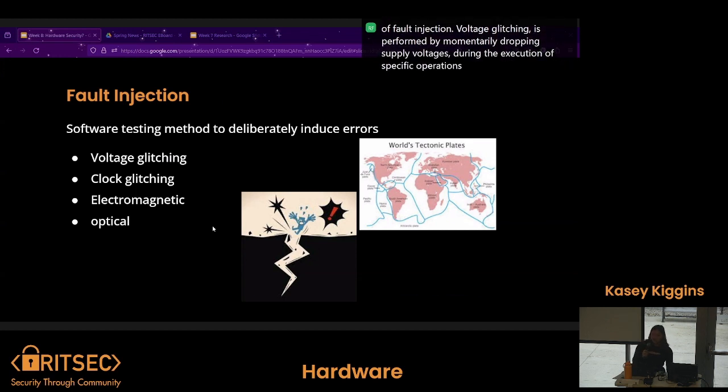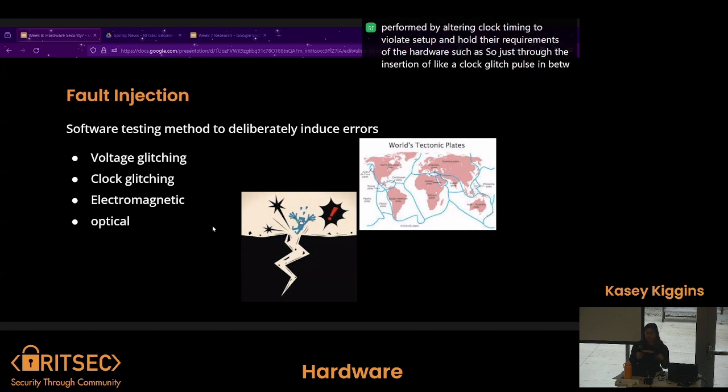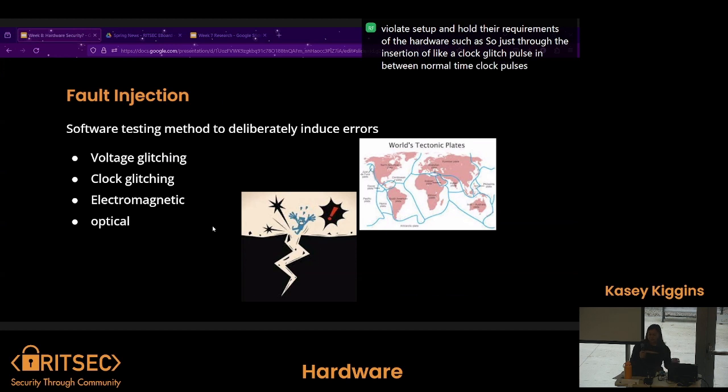Clock glitching is performed by altering clock timing to violate the setup and hold requirements of the hardware, such as through the insertion of a clock glitch pulse in between normal clock pulses. Electromagnetic fault injection is performed by generating localized, short-duration, high-intensity electromagnetic pulses that induce currents within internal chip circuitry. And optical fault injection uses infrared lasers and usually requires a chip